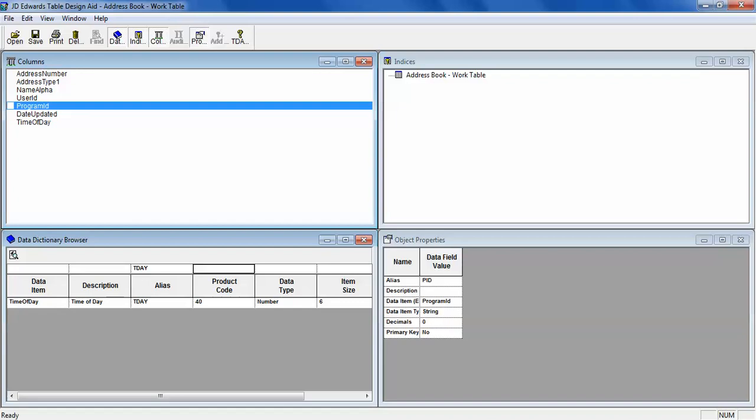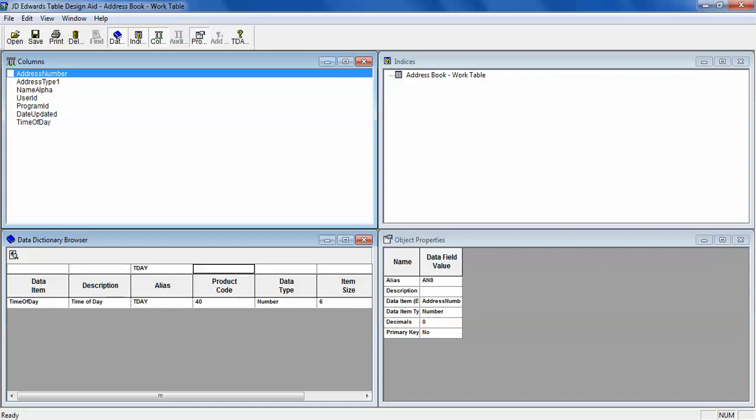Any table you create, you have to assign a primary key, which is basically the indices. So here it is mandatory. You can create multiple keys, but one will be your primary key. So what we are going to do, our address number is the primary key. We just select here. You notice below the arrow key is a little box type of icon. That means you selected, drag and drop on the